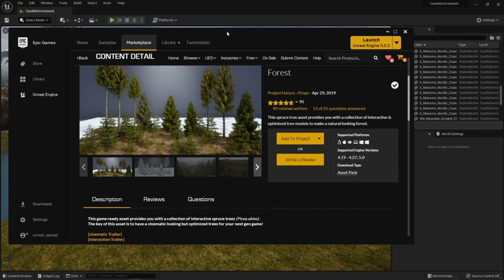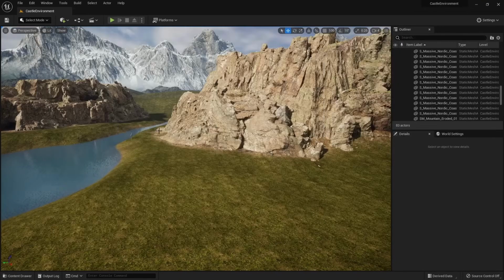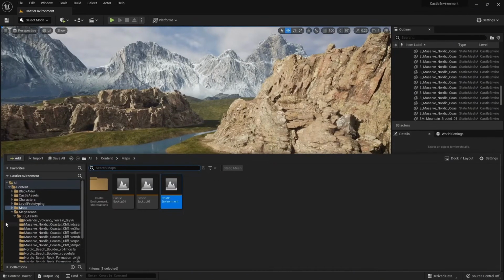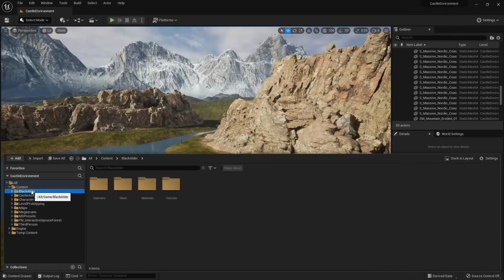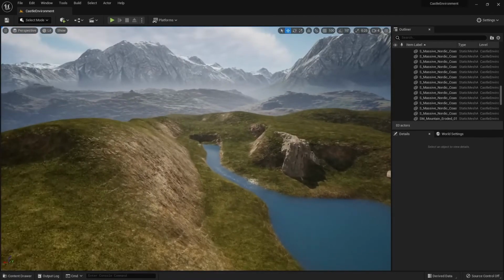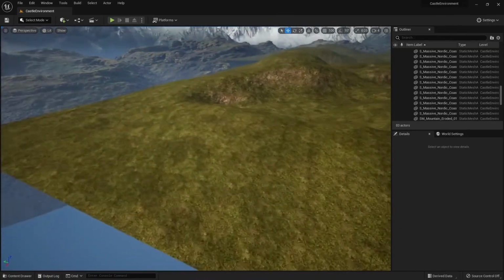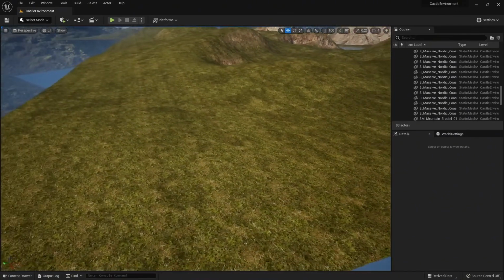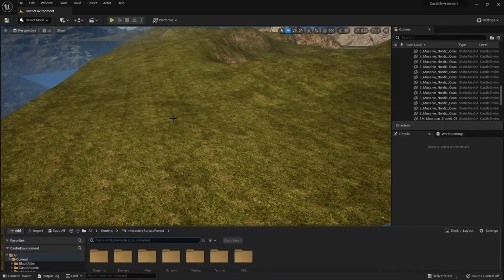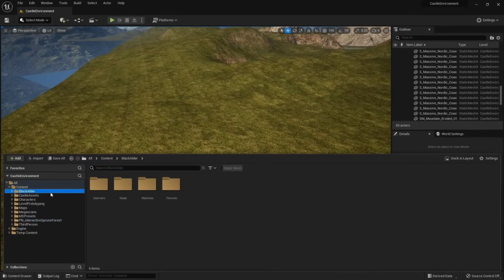We can verify that those assets have been added to our project by opening up the content browser. Now we have a new folder called Black Alder and another new folder called pn_interactive spruce forest. So that tells me everything has successfully been downloaded. Now, just like what we did with our cliffs, I want to drag out all the meshes I'm going to use into my project. So let's come over here and let's first go over how to use the Megascans trees